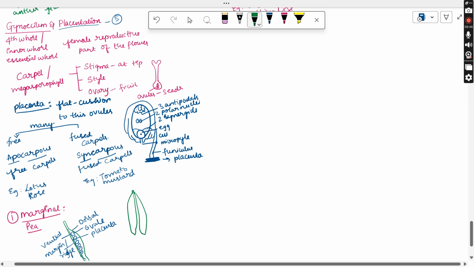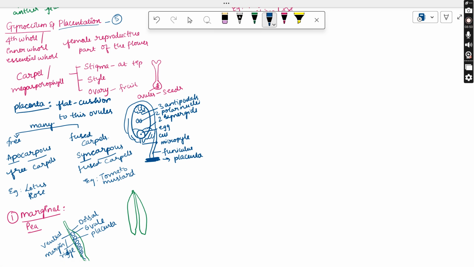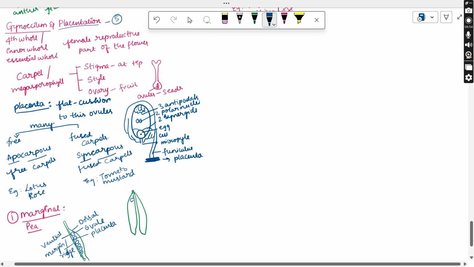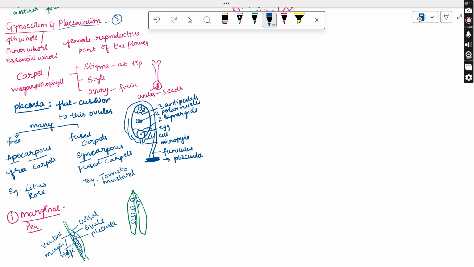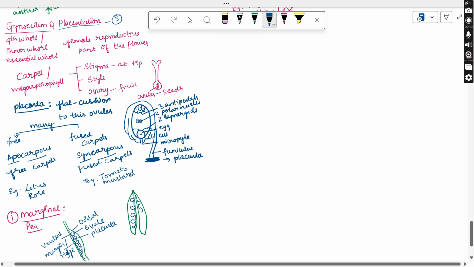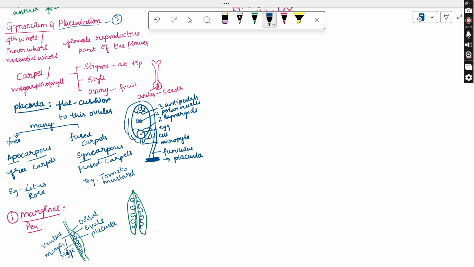Inside of it, you can find the arrangement of these peas. Suppose in this side, it is present like this. On the opposite side, it cannot be present. That is empty. So it is present alternately. Because if both are present at the same place, they cannot have proper space. So they will be crushed. All the peas will be crushed. So that's why they arrange alternately to each other, providing proper space on the opposite side.